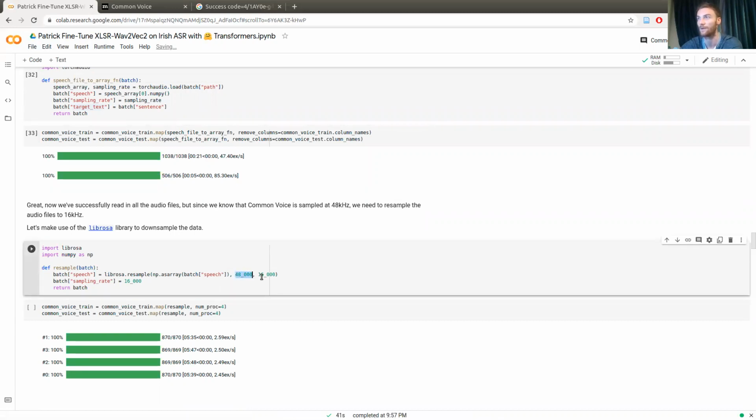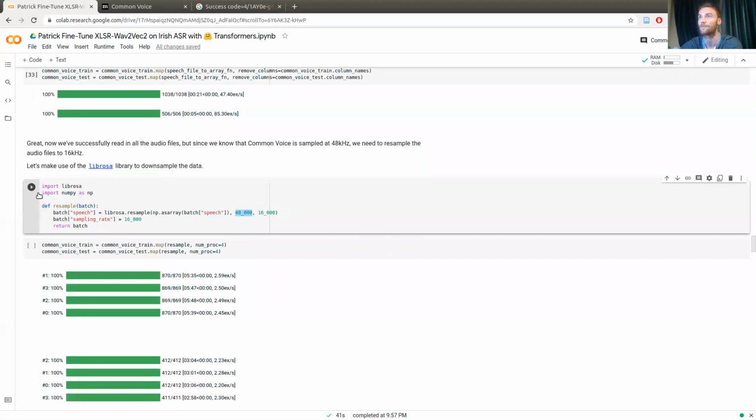kilohertz, while Wav2Vec2 was pre-trained at 16 kilohertz. So we need to downsample the training data to 16 kilohertz. Otherwise, the model is not going to understand it. So this function does that. It uses the librosa library to resample and applies it again to every sample of the data